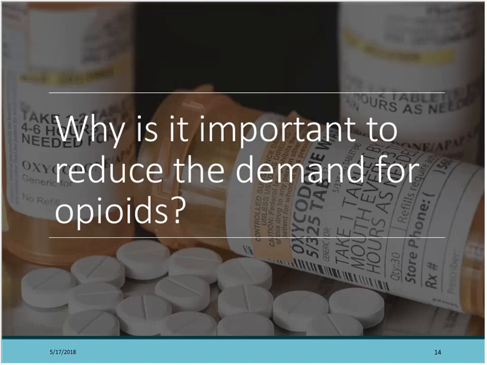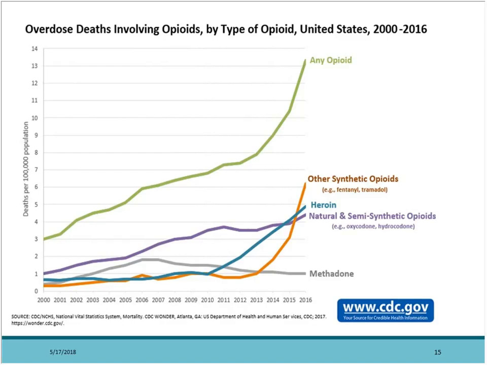Why is it important to reduce the demand of opioids? This is the latest data that's come out of the CDC and offered somewhat discouraging news around the acceleration of the opioid epidemic nationally. 2016 saw the greatest rise in opioid overdose deaths of any year that had preceded it, despite the efforts that really started accelerating themselves around 2013 against this issue. The primary contributor, if you look at this graph more carefully, to that green line, which is the top line of all overdose deaths, is the orange line, which is other synthetic opioids, particularly fentanyl.